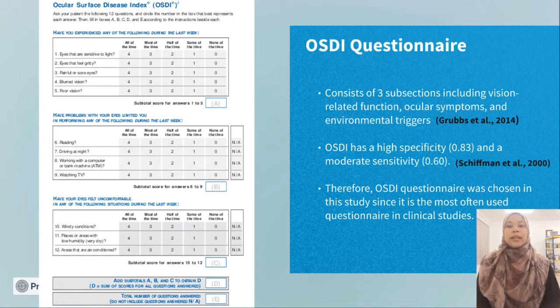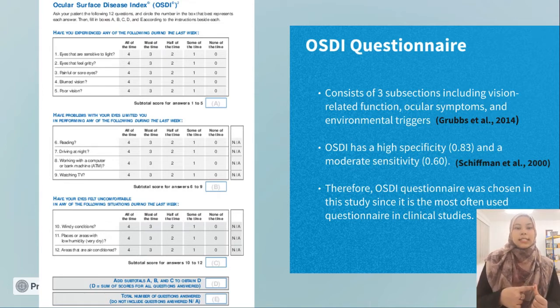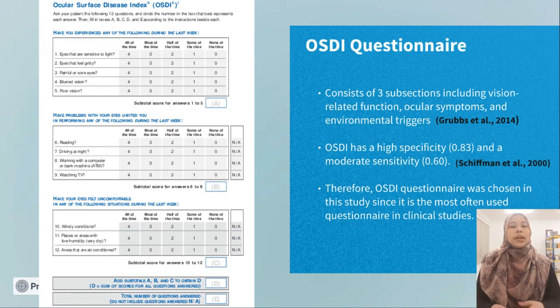According to Schiffman et al., 2000, when comparing individuals with dry eye disease to healthy people, the OSDI has a high specificity of 0.83 and a moderate sensitivity of 0.6. Therefore, the OSDI questionnaire was chosen in this study since it is the most often used questionnaire in the clinical study